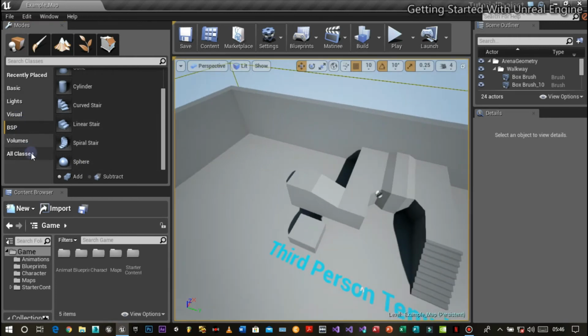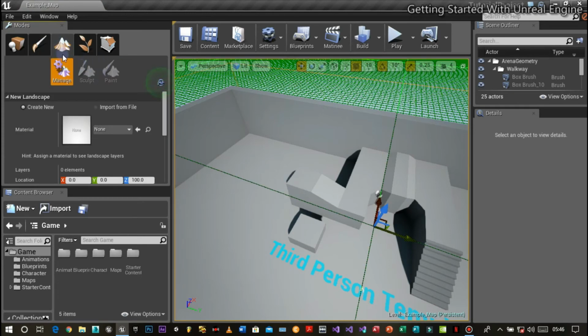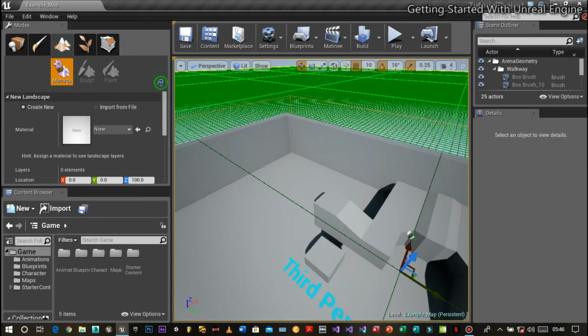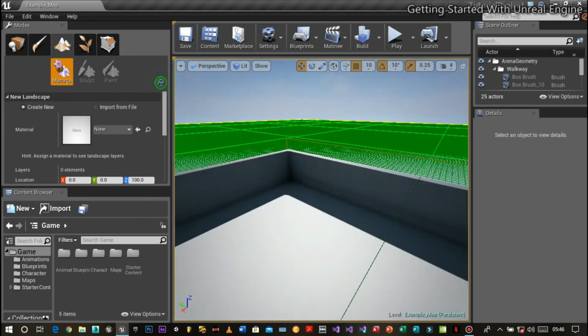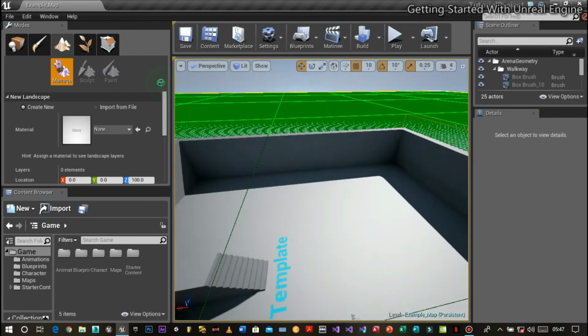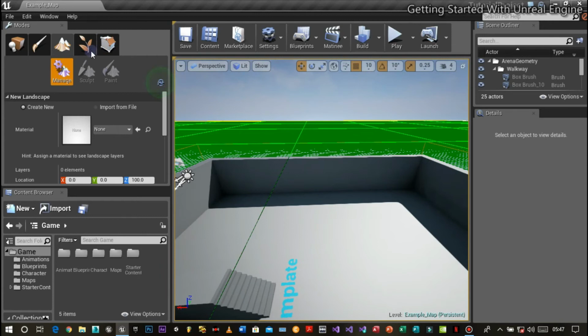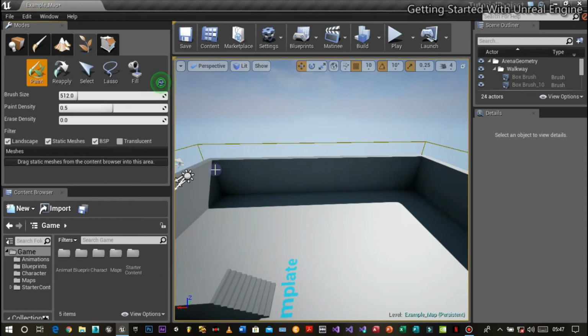And we have different things under the place mode. We have the paint. These are used for vertex painting to paint some areas of materials. This is landscape. It's used to create a terrain landscape in which you can create city, villages, and some other places. And we have the foliage.